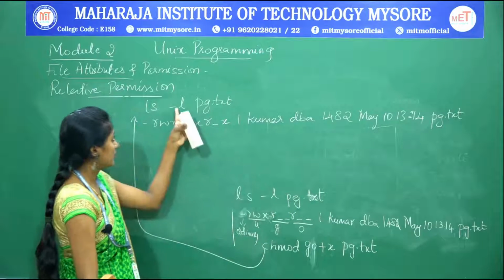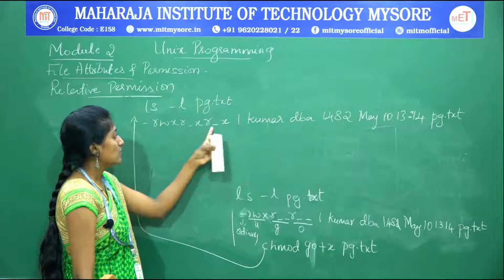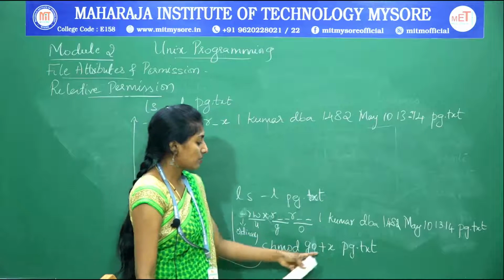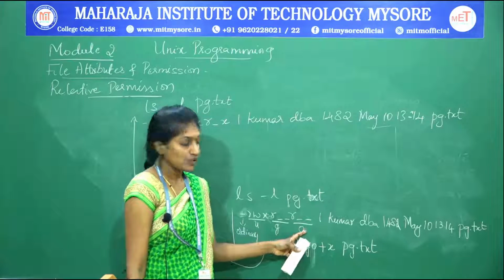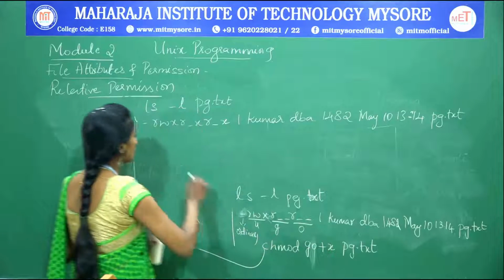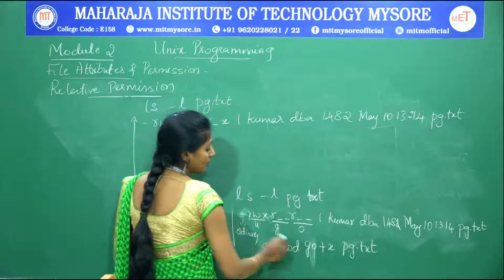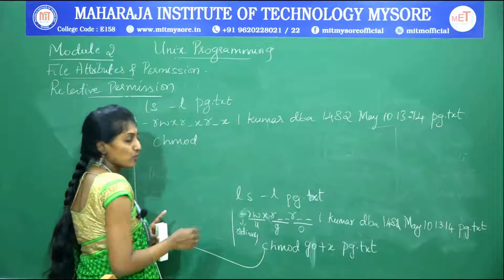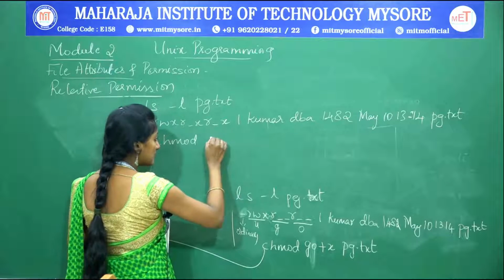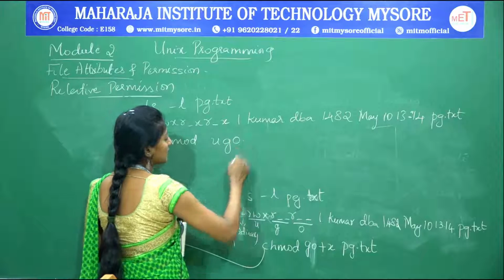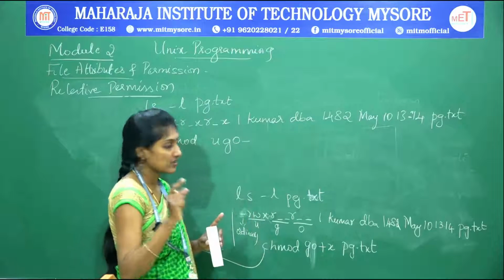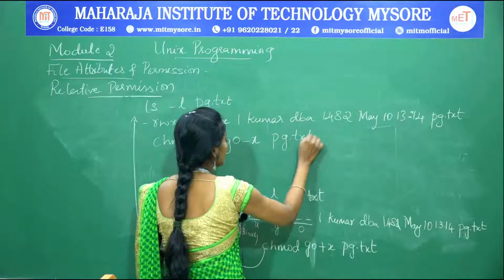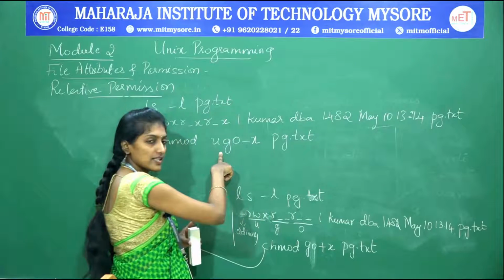After this, if you execute ls -l pg.txt, this is the output you will get. Now how do you remove the execute permission for all three categories of user? Again you can do that using chmod. The category is all three, that is user, group, others. For removing, hyphen or minus is the symbol, then x, then pg.txt. So this is the operation, this is the permission, this is the category.